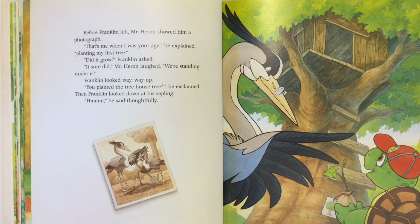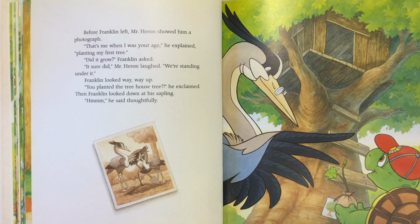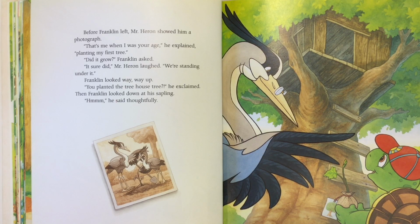Before Franklin left, Mr. Heron showed him a photograph. "That's me when I was your age," he explained, "planting my first tree." "Did it grow?" Franklin asked. "It sure did," Mr. Heron laughed. "We're standing under it." Franklin looked way, way up. "You planted the treehouse tree?" he exclaimed. Then Franklin looked down at his sapling. He said thoughtfully,